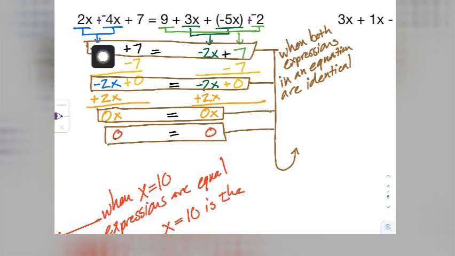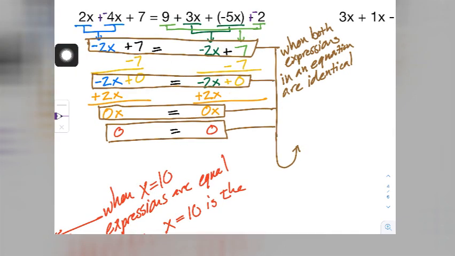So when you see stuff like this, x could be any number. Negative 2 times 100 plus 7 equals negative 2 times 100 plus 7. When you see that it's the same thing, that you're just saying this is equal to the exact same thing on the other side, x could be anything. It doesn't matter how big or how small x is because it's the exact same on both sides. And so instead of writing down x could be 1 or 2 or 3 or 4 or 5 and just continuing to go, what we do is we say